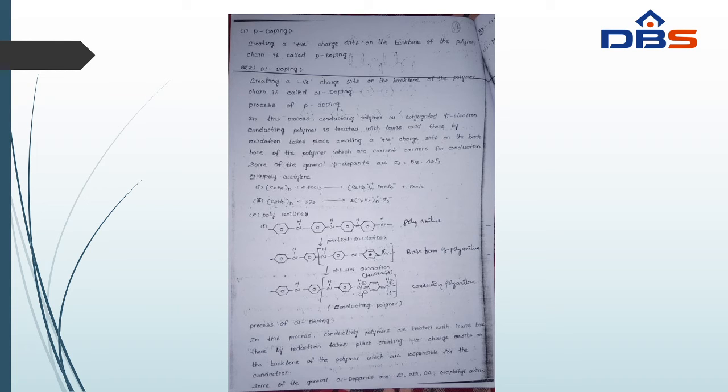Same, isn't it? See that figure. Polyaniline means NH2 group. So polyaniline undergoes partial oxidation to form the base form of polyaniline. See the equation: the first one is polyaniline, and partial oxidation with dilute HCl forms the conducting polymer. The first one is non-conducting polymer, treated with positive charges to give the base form of polyaniline and then the conducting polymer.